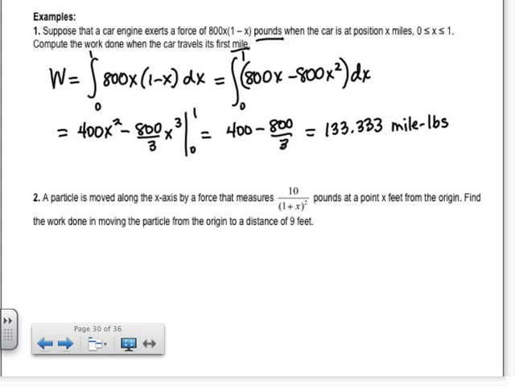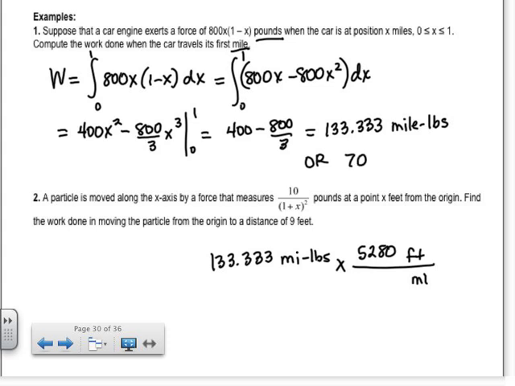So if you wanted to convert this though to foot pounds, think about it. If you had 133.333 and that was with mile pounds, how would you convert so that it's foot pounds? You'd put miles on the bottom, 5,280, so you'd multiply it out. So if you wanted this in foot pounds, if you multiplied it out, you get 704,000